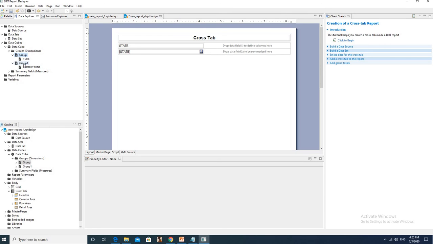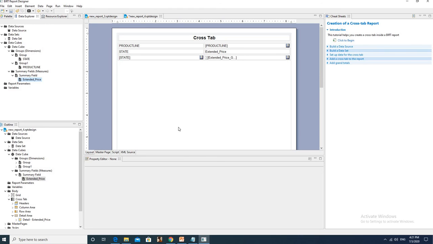So drag group 1, which shows the product line, and paste it in the column. Then for the summary, drag the summary field, extended price, and drop it here.